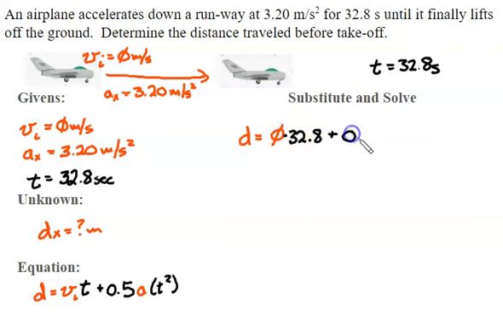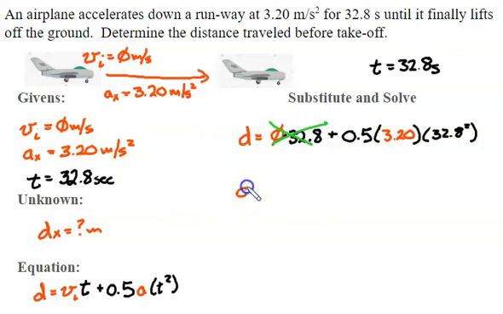Plus 0.5 times the quantity 3.20, times the quantity 32.8 squared. Now any number times 0 blows up,